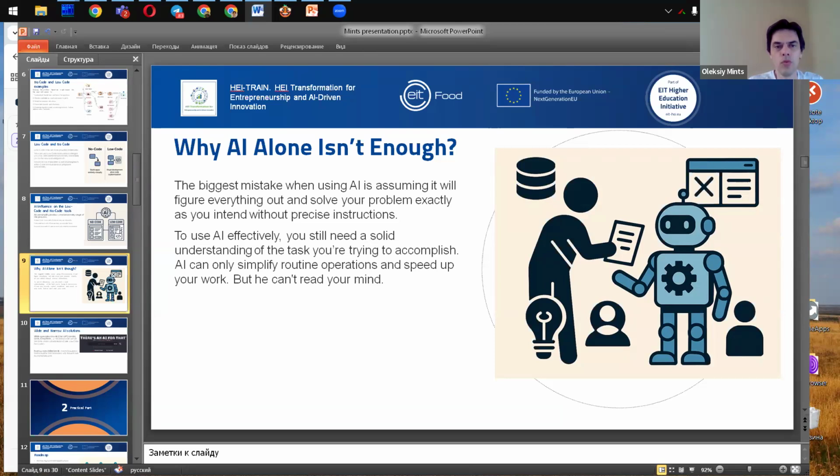To use AI effectively, you still need a solid understanding of the task you're trying to solve. AI can greatly simplify routine operations and speed up your work, but it cannot read your mind.